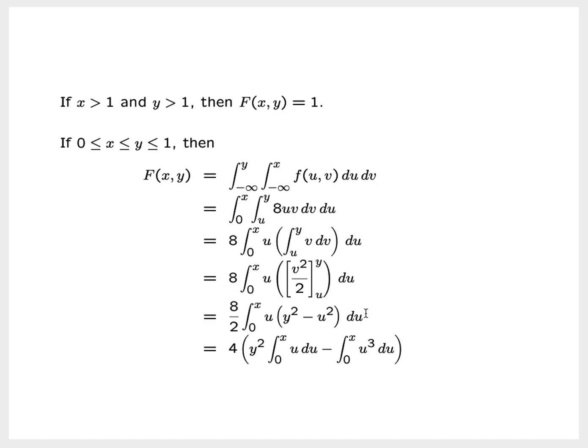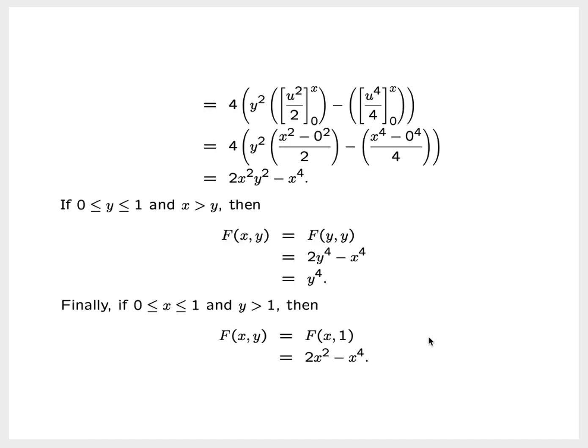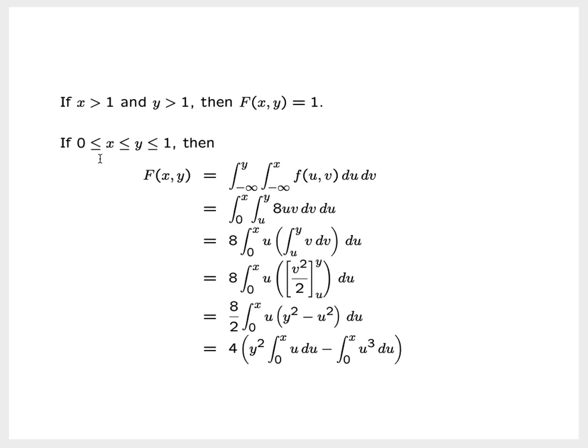And so using properties of integrals, distributing the u across that difference and then decomposing the integral of the difference as the difference of integrals, we get this integral expression, which we can then solve fairly straightforwardly. And so we get a value of 2 times x squared y squared minus x to the fourth. So again, that is the expression that the CDF evaluates to for points x and y that